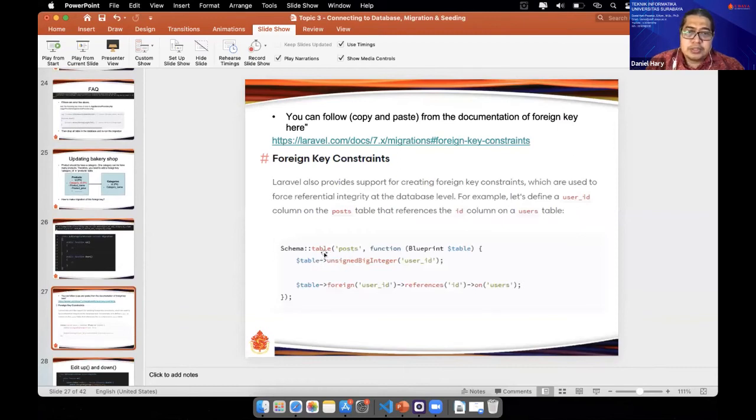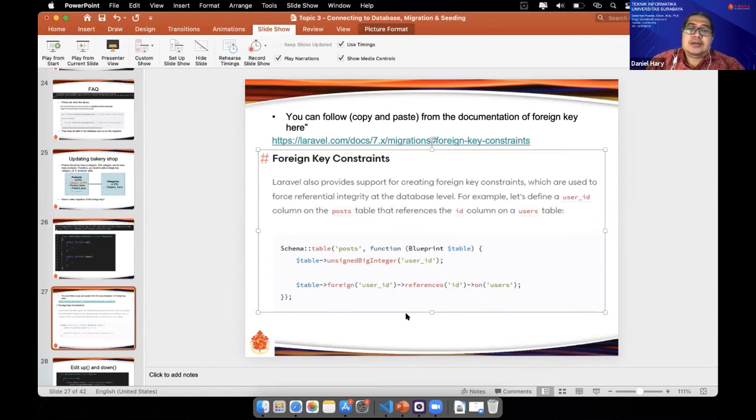This one will be editing a posts table. It will add an unsigned big integer user ID with the field name user ID and create the relation by using foreign. User ID is a foreign key with reference to ID from the users table.